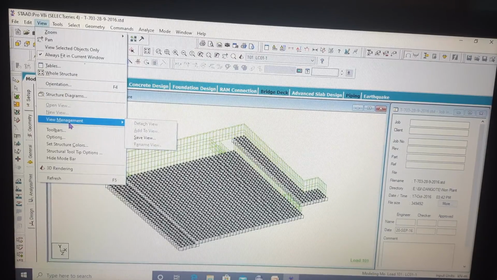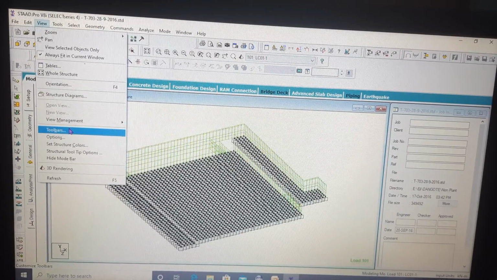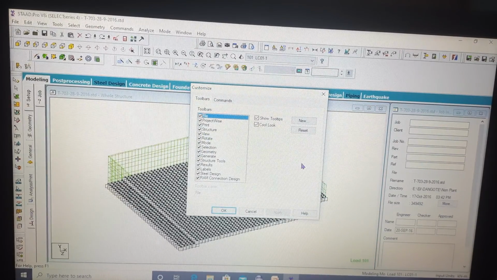Now this view management, this will also be very much useful in case of modeling a structure, otherwise you will not understand these things. Then your toolbar options, these are your toolbars. You can remove them from your window by this option. Say you want to remove the file option, you hit it, and you'll see your file options are removed.